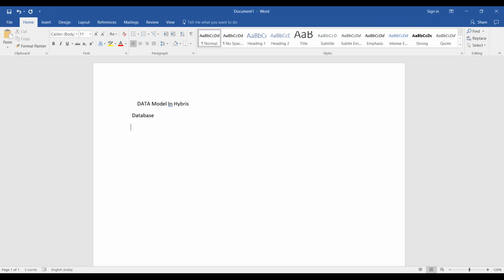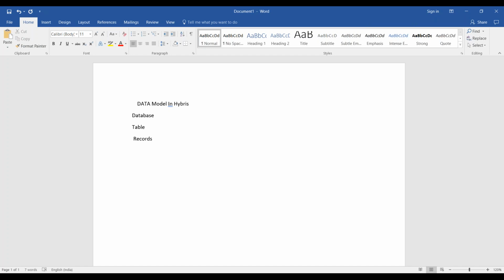And when we talk about a database, there will always be tables, and a table will have rows and columns, basically records. Table will have records. So database, tables, records. We'll discuss all these concepts, but this is not